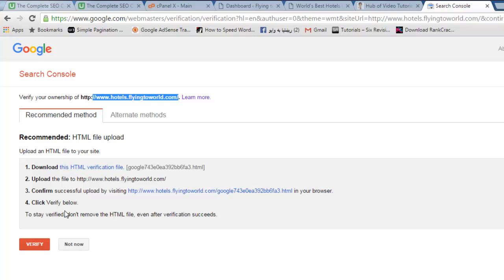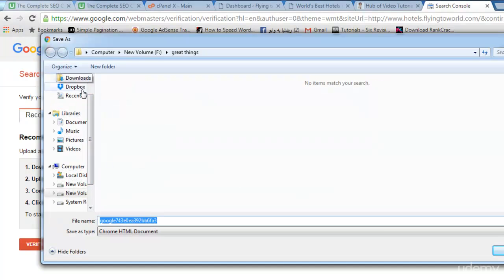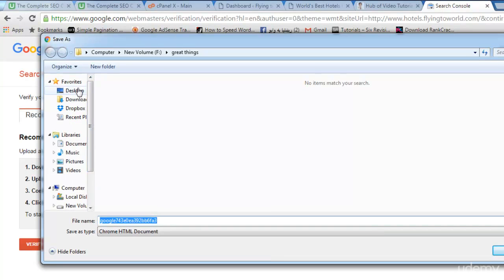For example, because you have to verify the ownership of your site, you will have to either upload an HTML file or you can use a meta tag to verify your site. But the HTML method is very easy. Just in 4 steps you can complete it. Just click download this HTML file, download it, and save it somewhere. I will save it on my desktop,